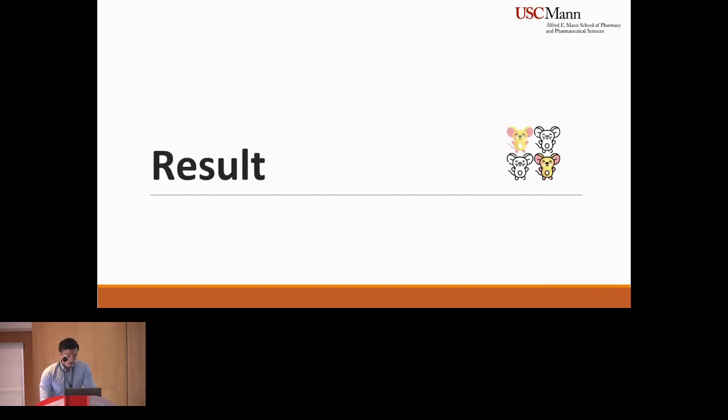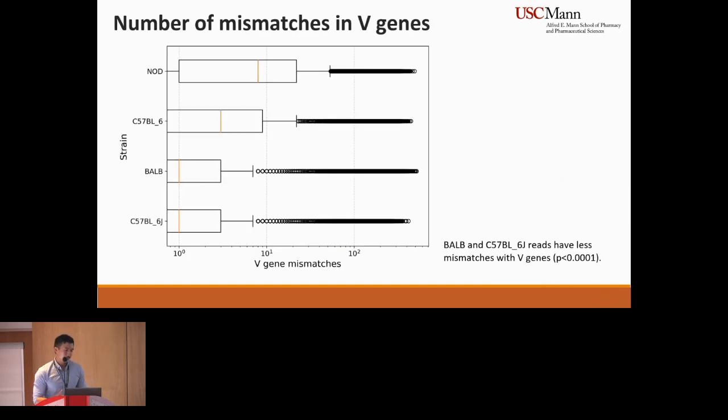So for the results part, this is the first one. I've only done the mismatches part, and I'm still working on the unmapped reads part. For the mismatches, we can see NOD has the most statistically significant mismatches compared to the C57BL/6J and also the BALB. Based on this result, NOD is the least